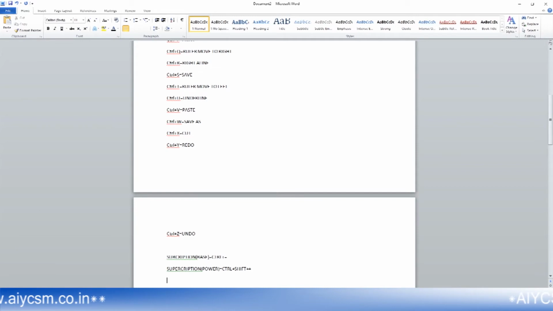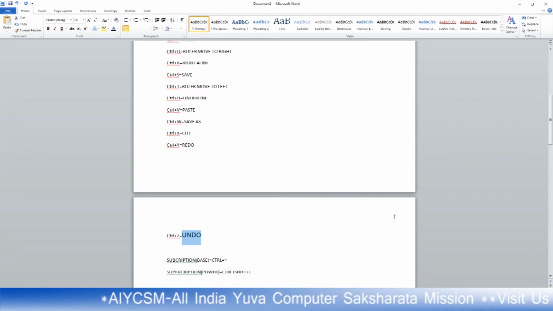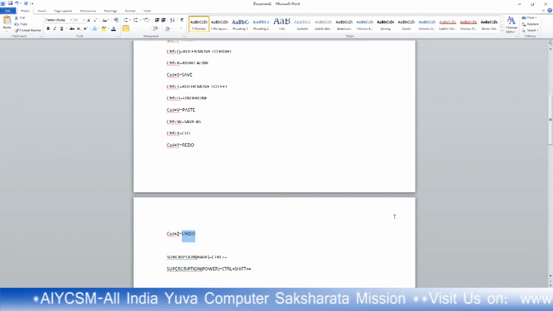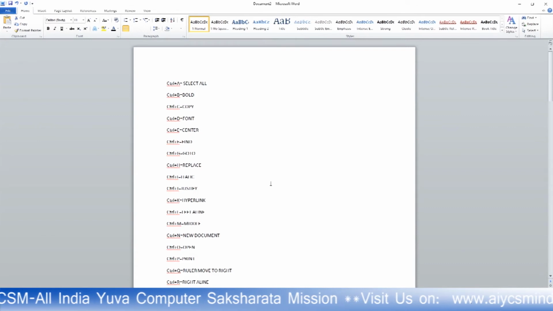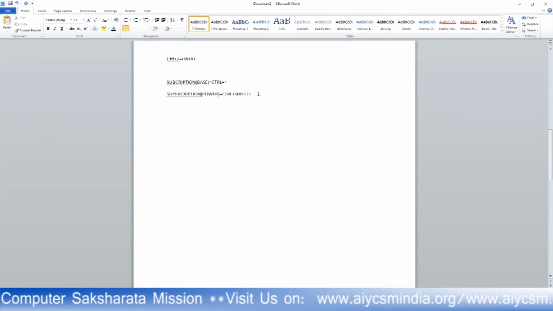If you want to increase the letter size, increase the size of the font, select it, then Control plus Shift plus greater than will increase it, and Control Shift less than will decrease it. Okay, so these are the shortcut keys that we have.